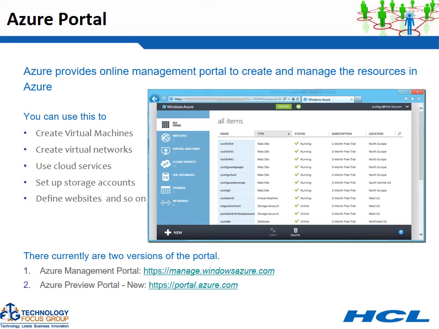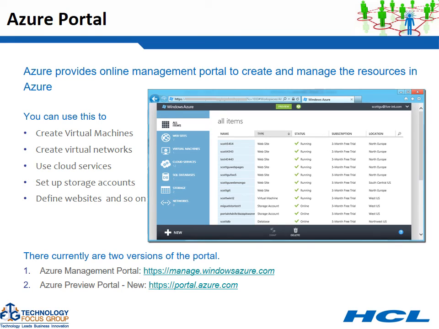So for now we have got enough of theoretical knowledge. Let's look at some real stuff. So how do we go and rent out these services? Let's look at the Azure portal. So we start with logging into the Azure portal with our account. When we log into the portal, we will be shown the services that we can rent out. So as we can see here, we have a number of services like websites, virtual machine, cloud service, SQL databases. So in this way, we can rent out these services.